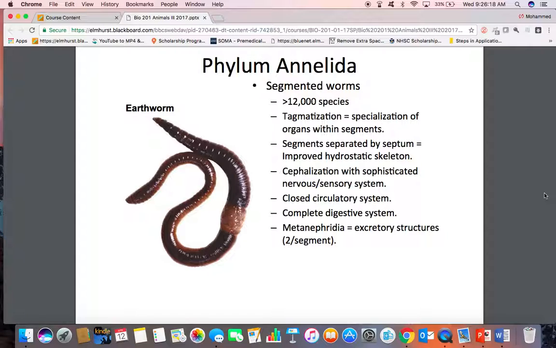Each segment has a septum making a space that is disconnected from the neighboring space, which means musculature can work on each one of those spaces. If you squish the circular muscles on one septa, that segment will elongate, but the neighboring segments won't. So you have much more control over the body because you can elongate or contract specific segments separate from neighboring segments,